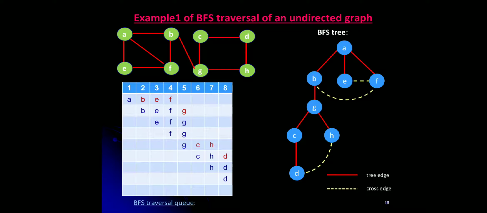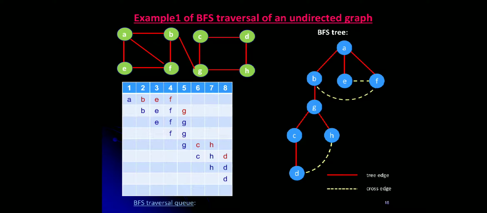So we'll go to the next level, where from vertex G, the adjacent vertices we'll see. It is B, which is the parent. So it is already connected with the tree edge. Next, C and H are the adjacent vertices to node G. So we'll connect them using the tree edge. That is, G to C, a tree edge is written, and G to H, a tree edge is written.